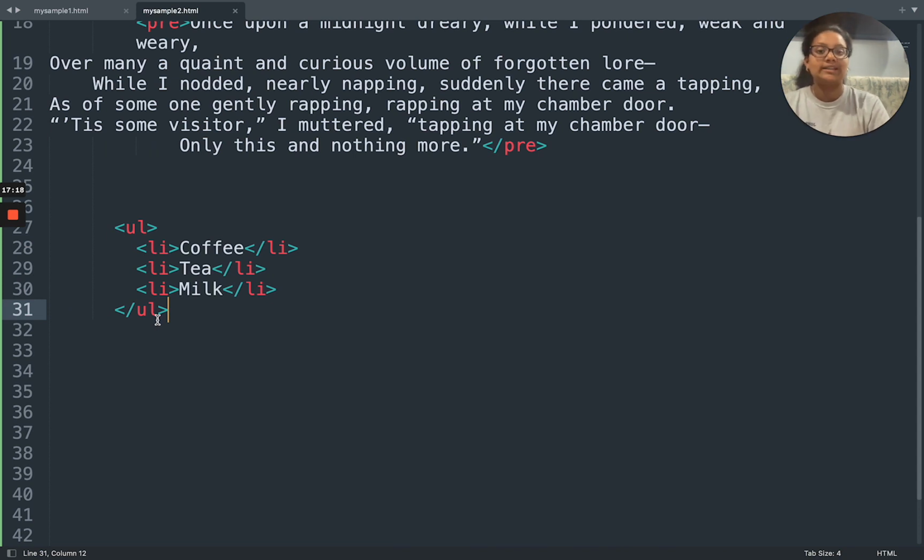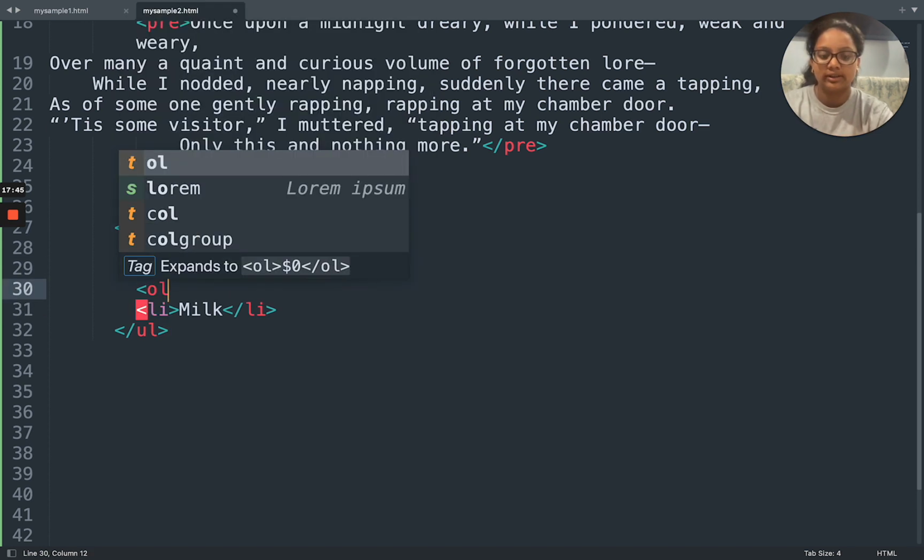We're going to do a nested ordered list. Nested means it's something within something. So a nested list would mean a list within a list. So here we already have an unordered list. We're going to make an ordered list within this unordered list. So let's say we want to do different types of teas. We're going to go to this tea list item, press enter,